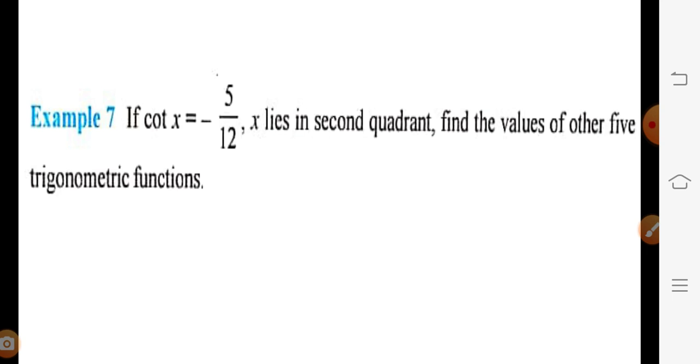Then how will you get the values of other t ratios? This concept we are also recalling from class 10th. Two questions are there in exercise 8.4. Last year we had two questions, and in the first and second question, we were getting the values of other t ratios in terms of the given t ratio. The same concept we are using here.